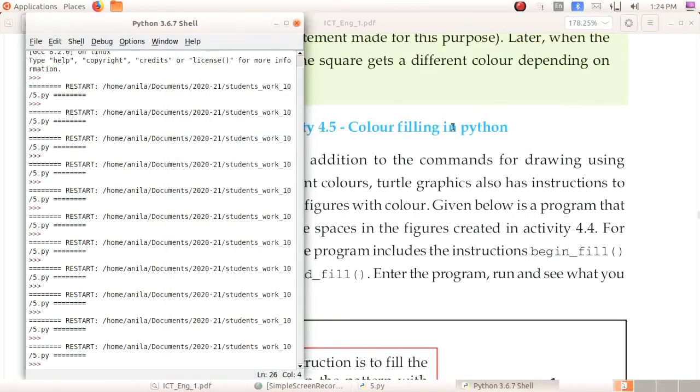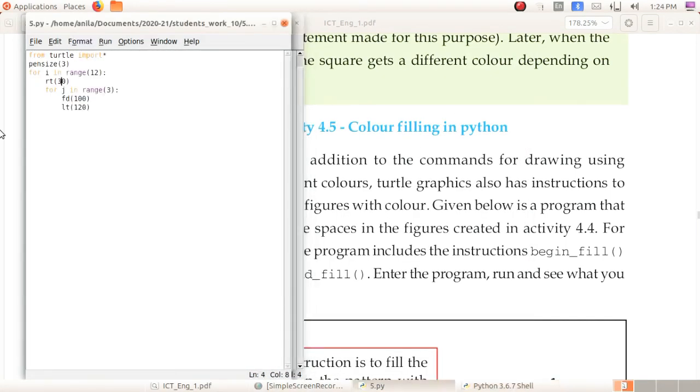So you have to write this code into your notebook. Just take a screenshot or you can pause the video and write it into your notebook. This is the code for drawing a pattern using the triangle with 12 triangles rotating by 30 degrees. So we can meet in the next class for the next patterns. Okay, thank you.